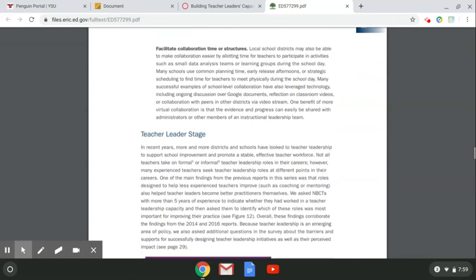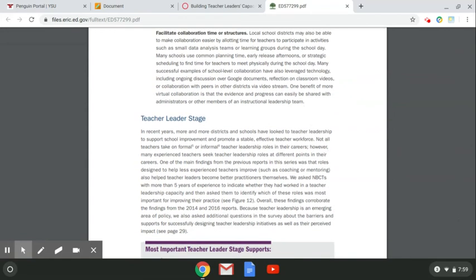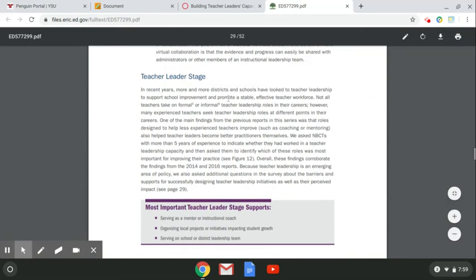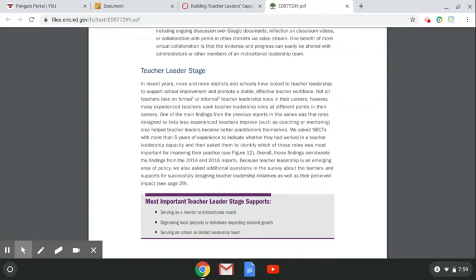But anyway, in this article they're talking about the different stages that one might go through in their career. And yes, in some of this article they are talking about National Board qualified teachers. But I think this cuts across any and all disciplines in the teaching world and really the different stages that we go through. So they talk about this teacher leader stage, and the idea that you get to a point in your career where you've got some experience, some things under your belt that maybe less experienced teachers have.